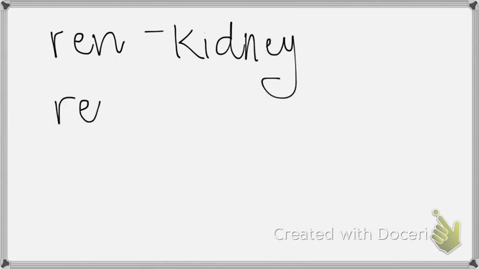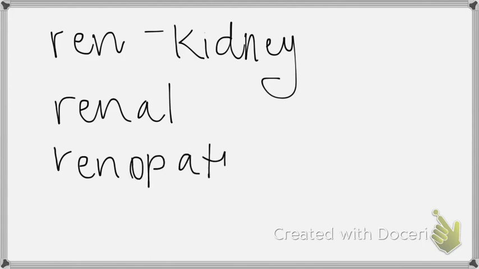You've got renal, right? That would be pertaining to the kidney. Renopathy. Look how that word is spelled, the O and the P. Renopathy. So look how that word is pronounced. Renopathy. And then renogram. That was all in 6.10. Okay, flip with me now to 6.12 because we've already looked at that image. And so 6.12 gives you